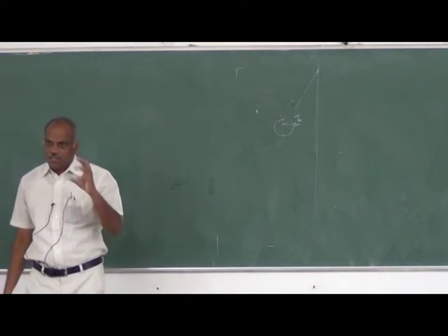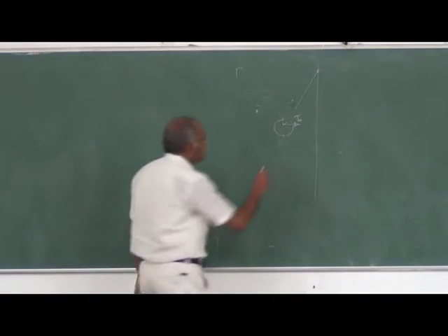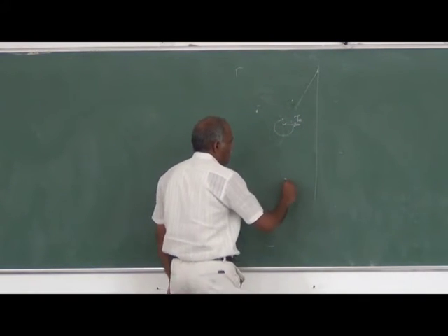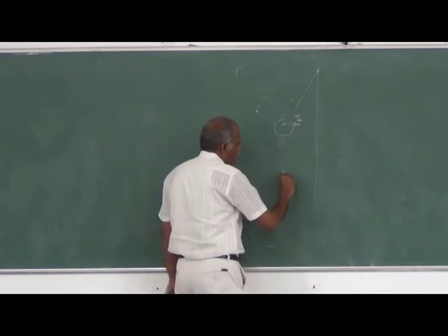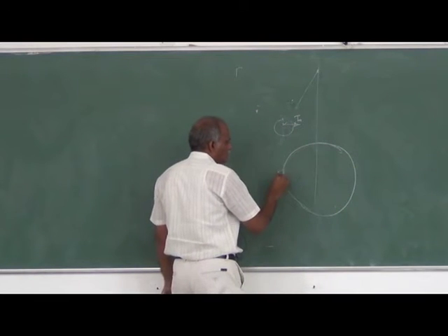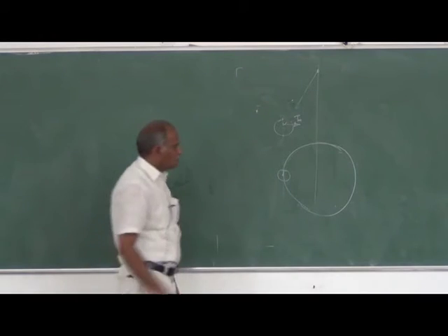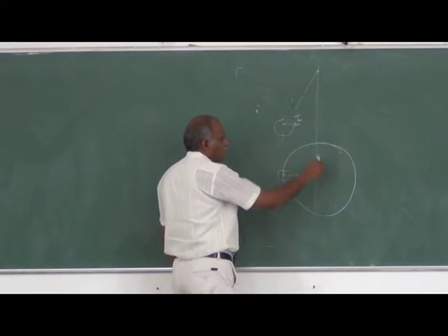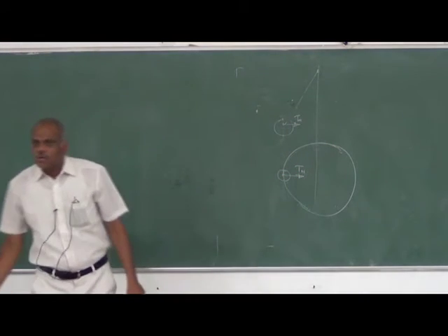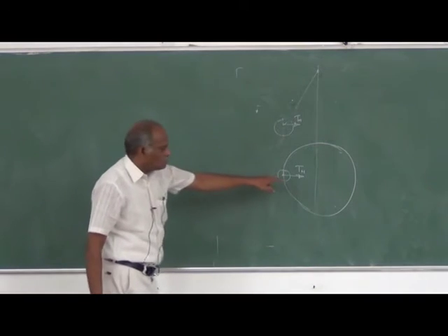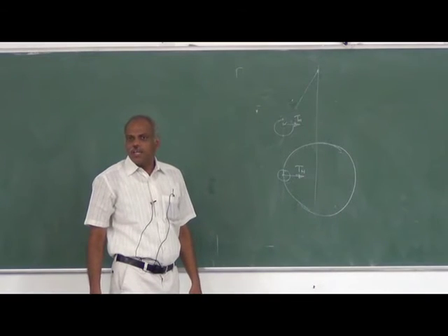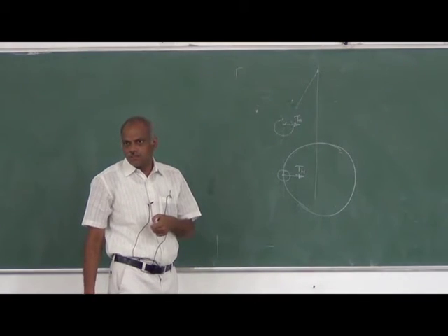Now you see that this ball is subjected to a force. So if I draw the top view of this, it is going to be following a circular path. So this is your ball. This TH, this is the top view. So TH will be acting towards the center. So this force is an active force that is responsible for giving the necessary centripetal force. This is called centripetal force.